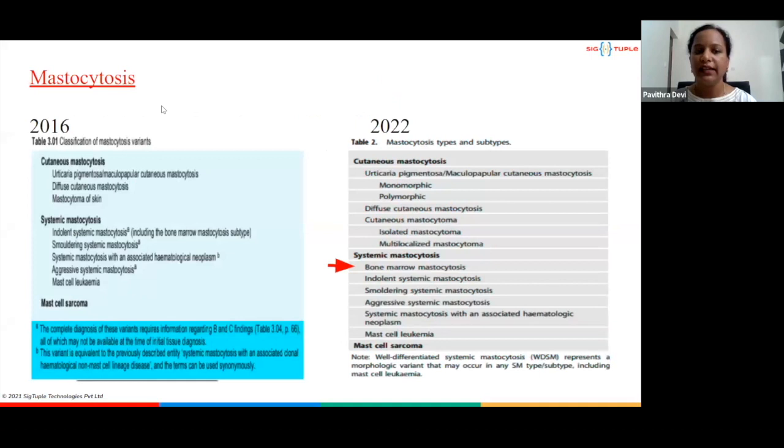So the next group of myeloid neoplasms are mastocytosis. Mastocytosis is a group of myeloid neoplasms where we see abnormal mast cells, whether in the cutaneous origin or systemic, seen in multiple organ systems. So the broad category is kept the same: cutaneous, systemic, and myeloid sarcoma. Only change, there is an addition of bone marrow mastocytosis under